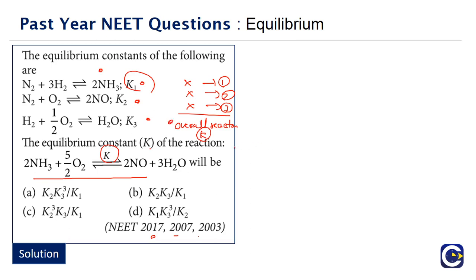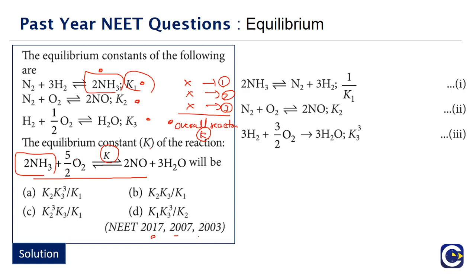That is the relation. Now if you look at it, we may also have to modify the given equilibrium reactions. It is not like we simply add all the 3. When we add these 3, we are not going to get the overall equation. In the first equation ammonia is 2 moles on the RHS, but in our overall reaction ammonia is 2 moles on the LHS, which means we may have to modify the given equations. When we modify the given equations, the equilibrium constants also will change. So let's see what is going to happen.